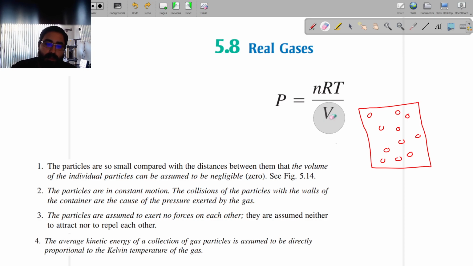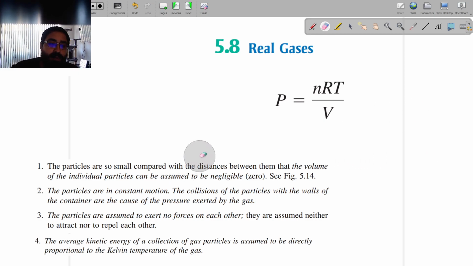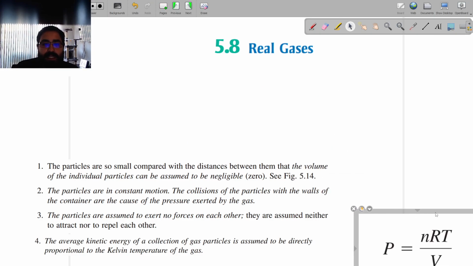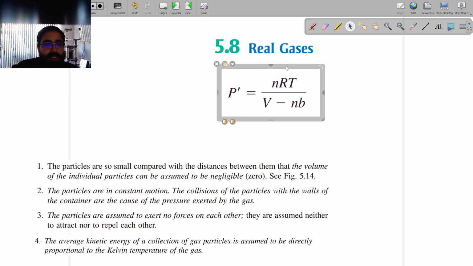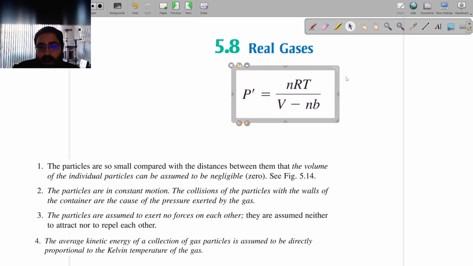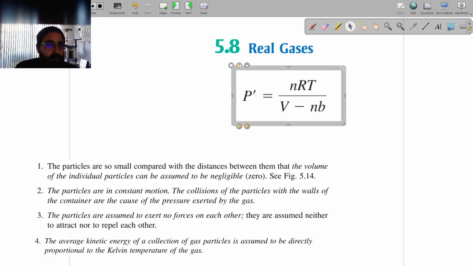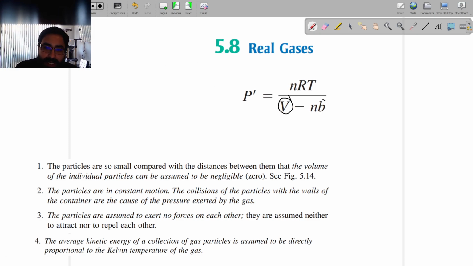The volume, but now taking into consideration that the gas particles actually take up some space. So if we look at this, wait, this is not the right one. Let's get rid of this one. This right here is now what the new gas law looks like. It's volume minus nb, and this nb, just think of it as a number that represents the amount of space the